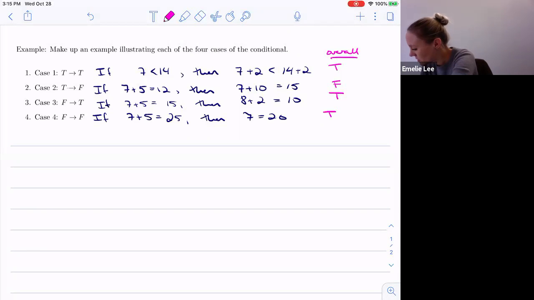That's not the one I was thinking about, but they have, if John gets an A on that test, then I'm a monkey's uncle, right? I'm a monkey's uncle is false, and John didn't get an A on the test, presumably, so that's false. But it's a true statement because